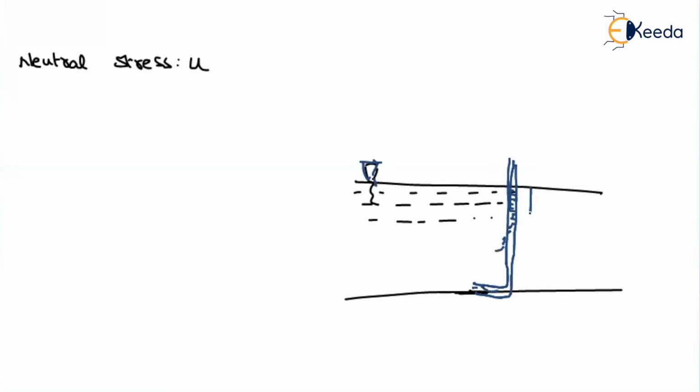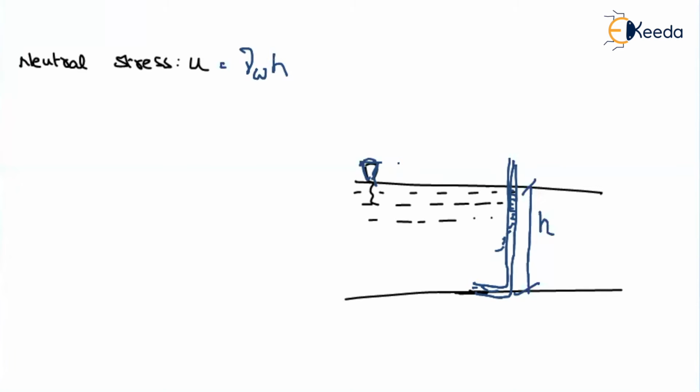Wherever you want to find out the pore water pressure, you have to note down the reading of the piezometer. Imagine it is rising to a height of h. Whatever the pressure caused by the water is gamma w, the weight density of the water, times the water raised in the piezometer. So always remember that wherever you want to find out the pressure, imagine a small vertical tube placed at that point, and the water level will rise up to the water table. By using that height you can find out the pore water pressure.